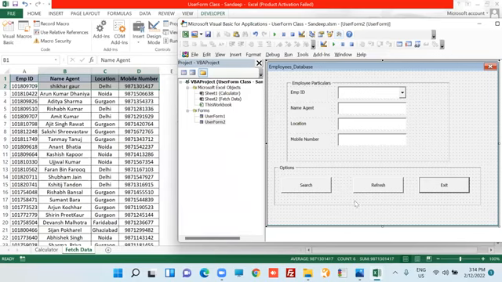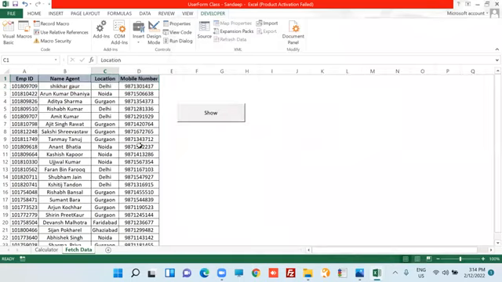Now guys, I have placed these buttons. First of all, I will do one thing. I will create one named range. So as you have already learned how to create named ranges, for these employee IDs I am creating a named range. So first of all, rather than employee and ID,